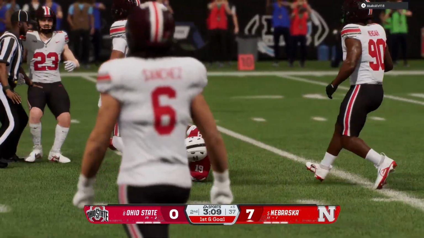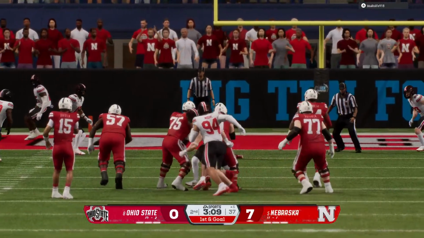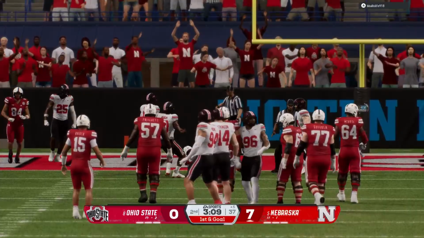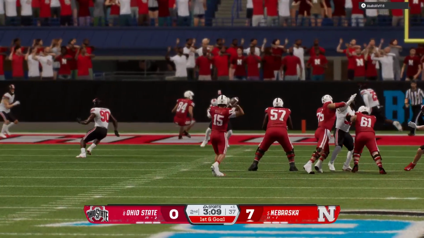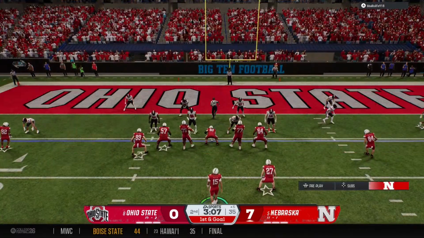Tackle is made, but the junior quarterback shows off his arm strength that time. This defense has got to do a better job in coverage if they want to get off the field anytime soon. You keep defending like that, and this offense could have 50 on you by the end of this game.